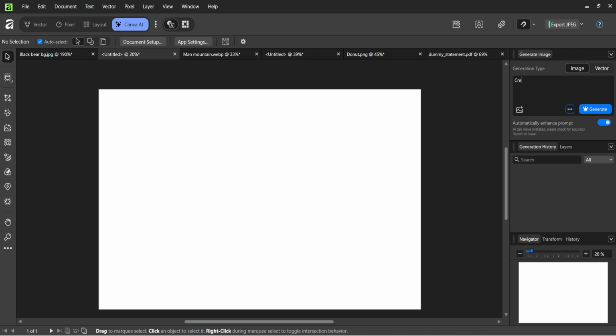On the right side, you'll see a field where you can type instructions for the image you want. This is the heart of the process. Write a clear description that includes the subject, style, and mood. Think of it like briefing a creative partner. For example, instead of saying a landscape, try a dramatic mountain landscape at sunrise, soft golden light, mist in the